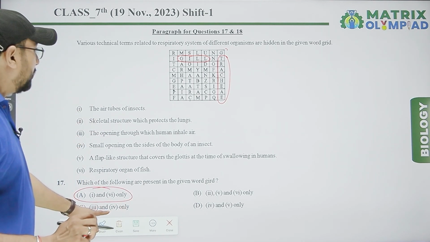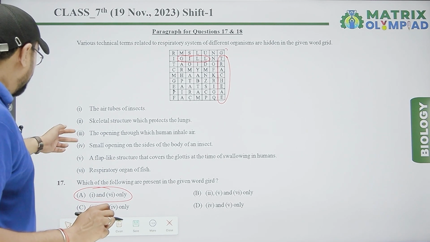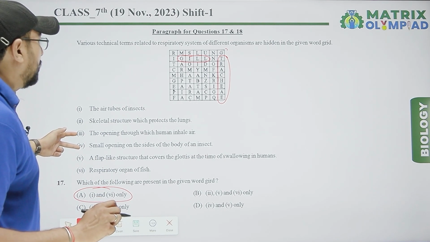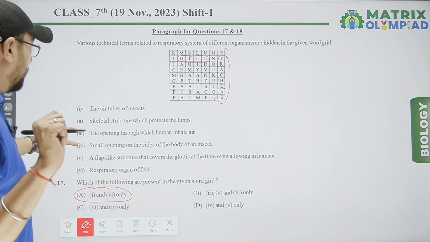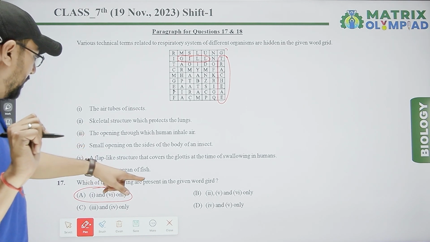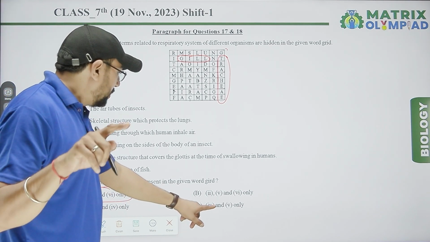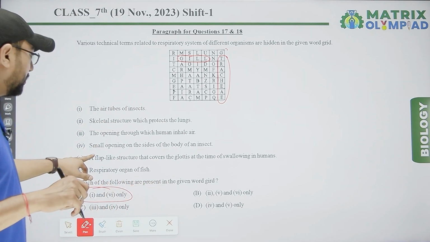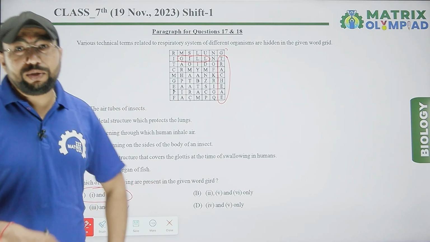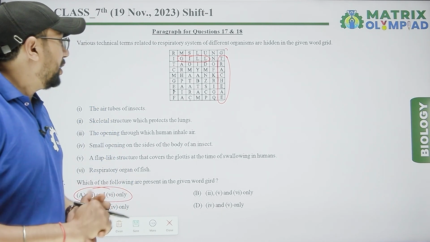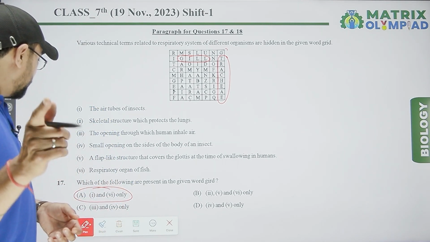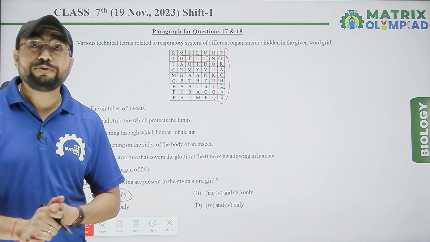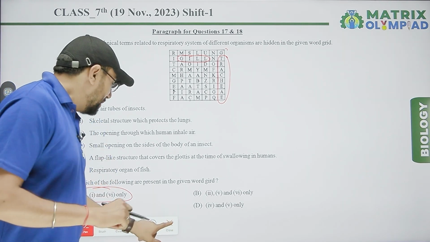Third and fourth are not present in this grid. And D, fourth and fifth, no. So according to this grid, first and sixth is the right option for this question. Next one is,